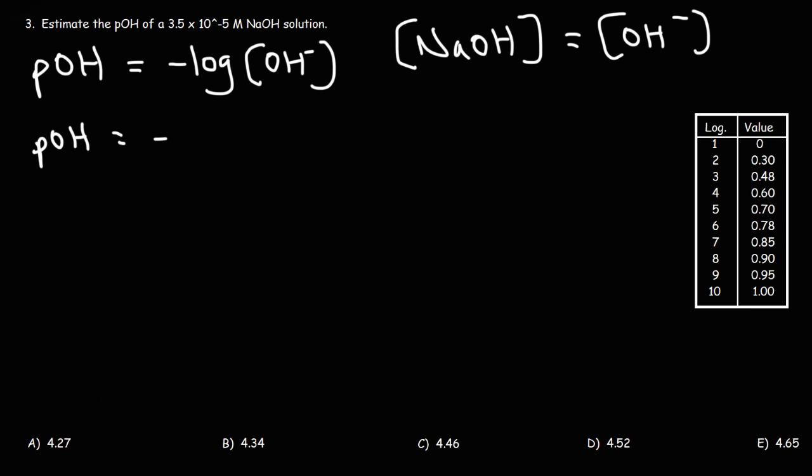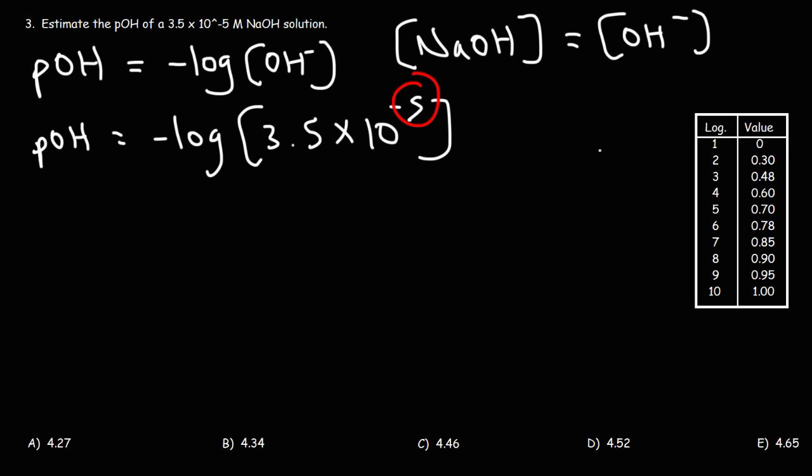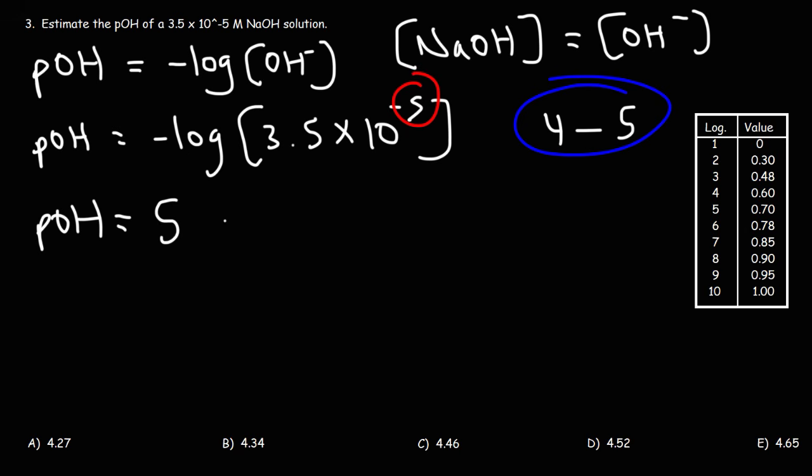So let's replace the hydroxide ion concentration with the value that it equals. That's 3.5 times 10 to the minus 5. So focusing on this number, we know that the pOH has to be between 4 to 5 and not 5 to 6. And all of the answers are between 4 to 5, so that doesn't really help us in this example. Now we know that the pOH is going to be the positive value of this number, 5 minus log of